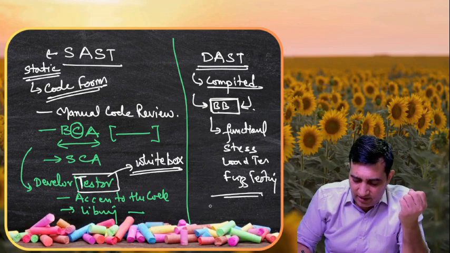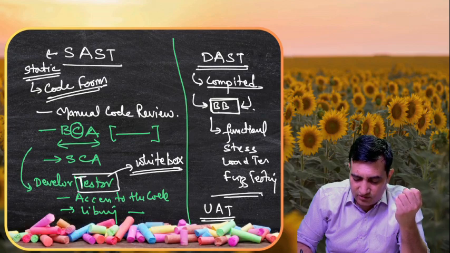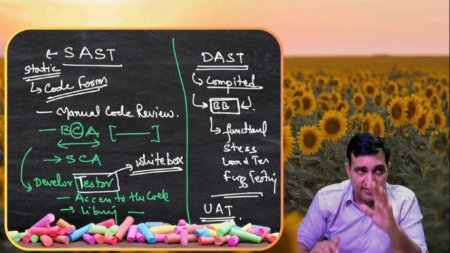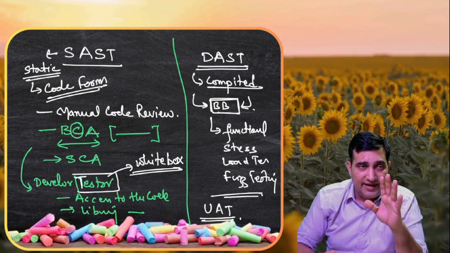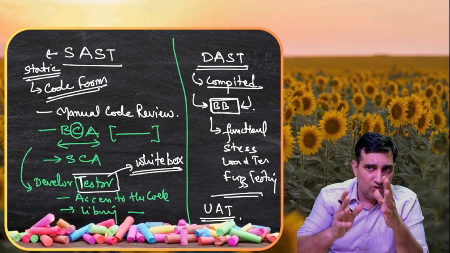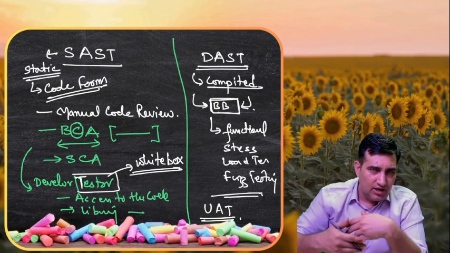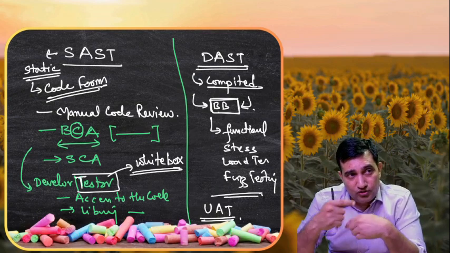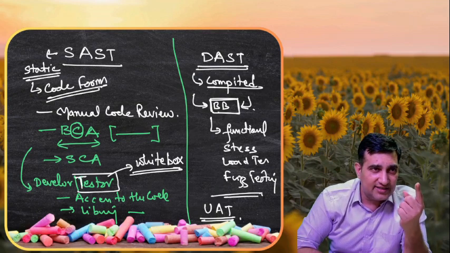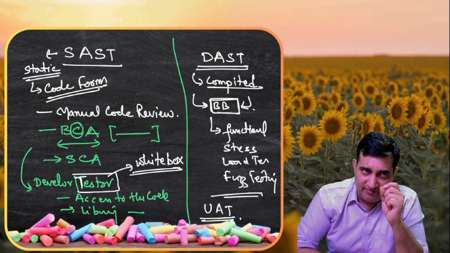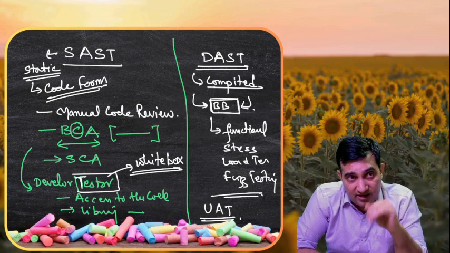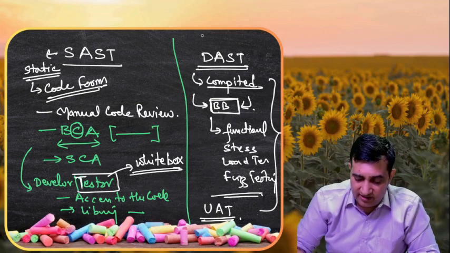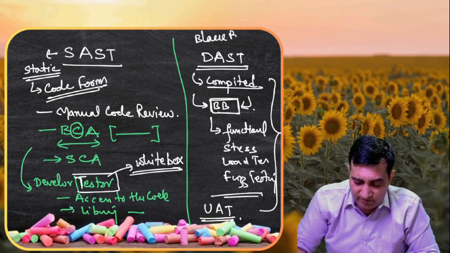Even the user acceptance test comes under black box testing, because we are not able to see inside the code. In some cases, let me tell you one more thing. Before releasing the particular code to external people for, let's say, UAT and all, sometimes the developers who are developing that code also go and test it. That is called alpha testing. So that alpha testing is done by the developers who know the code and everything. That still comes under white box. But apart from that, most of the part which comes here will be under black box testing.